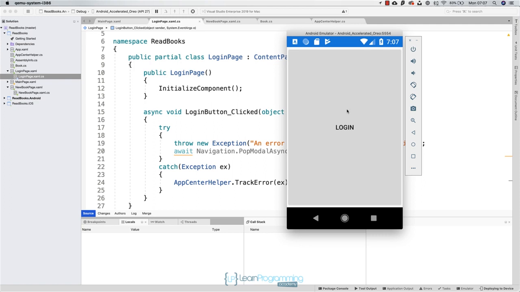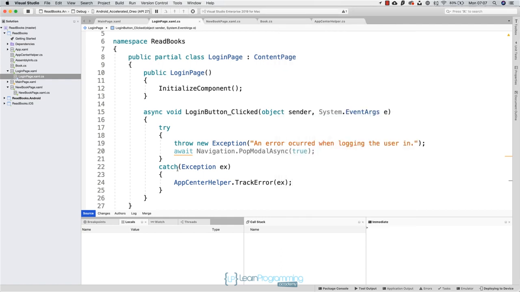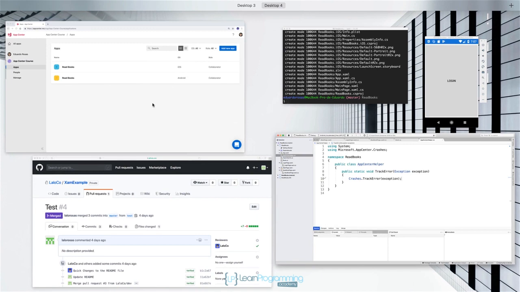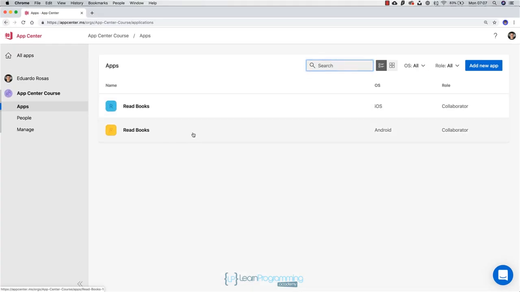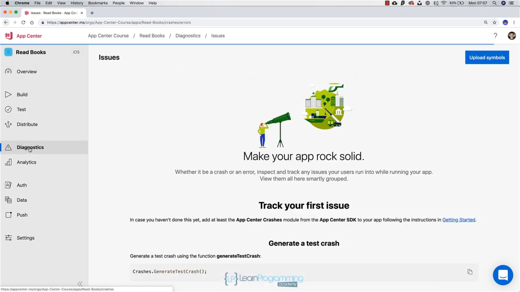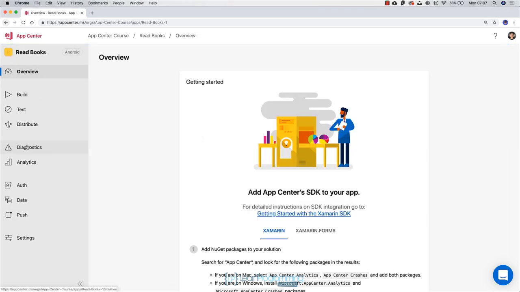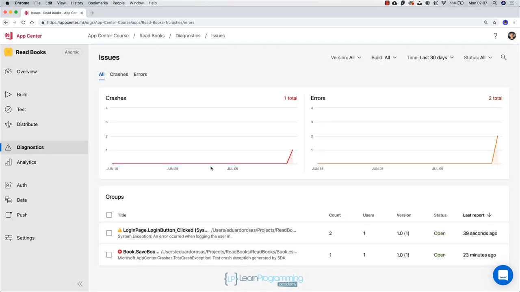is happening. The application is no longer crashing because we are catching the exception that made the application crash before. But since we're already catching that exception, we know that App Center should already track that exception. So let's navigate back to App Center. Again, so far I've only run the application on Android, so the iOS application should still be completely empty. But if I navigate to the Android one and navigate over to Diagnostics, I am now going to see a